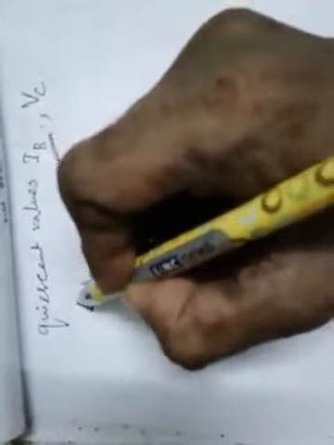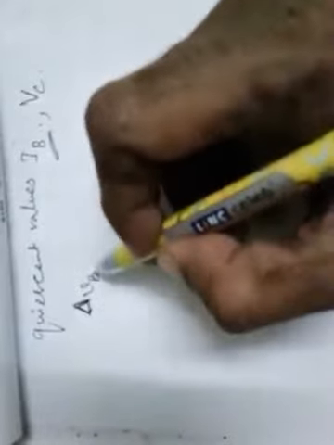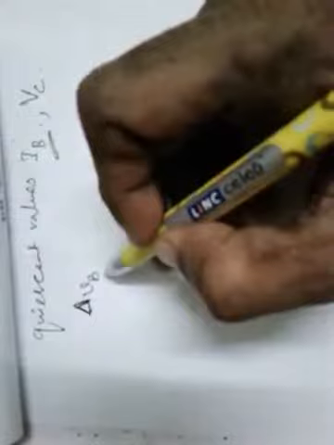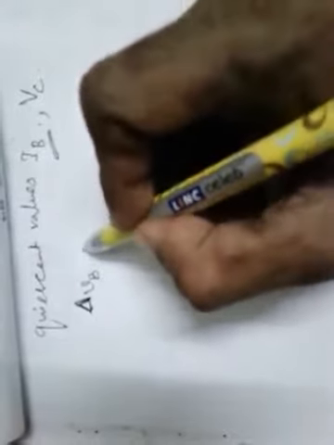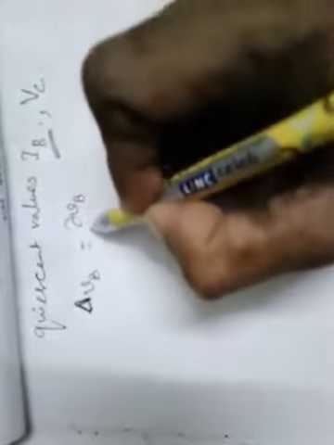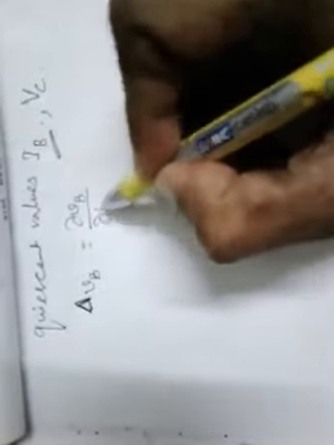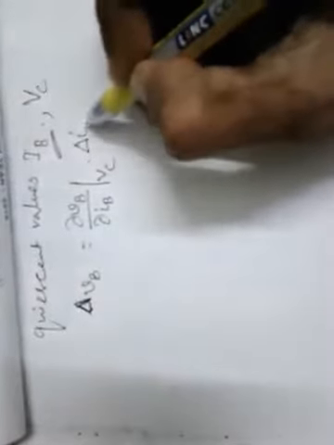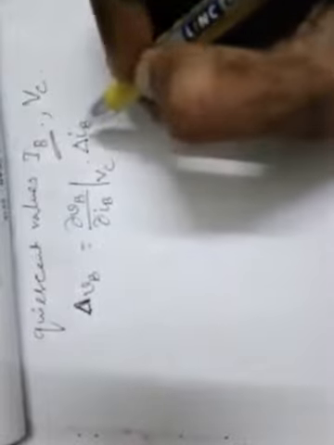This is the change in the input voltage. We can say that is actually del V1 if we compare with the generalized expression. So delta VB is equal to del VB by del IB for VC as constant, into delta IB,